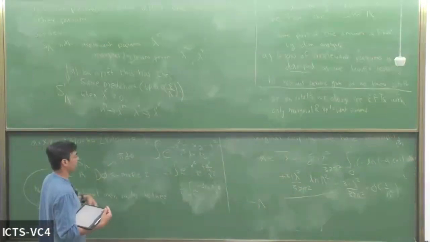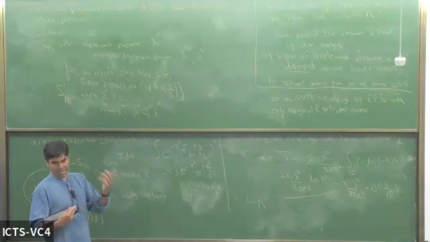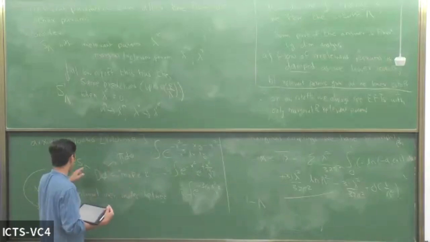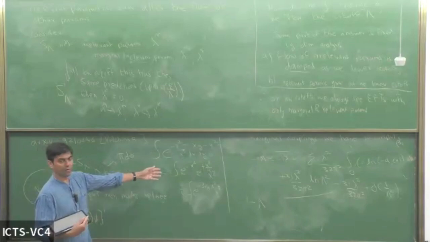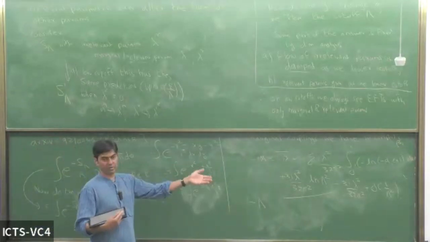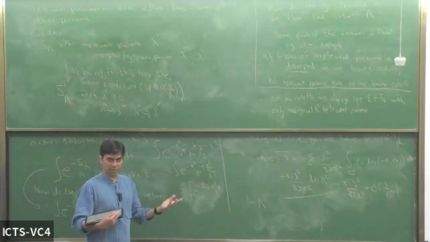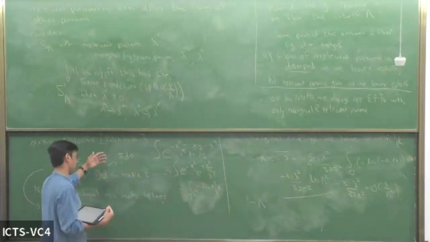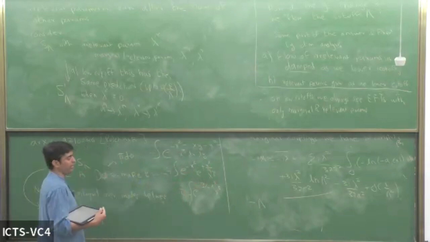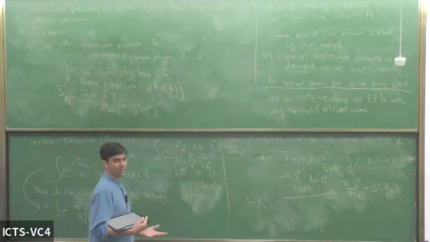But in this case, there's only one parameter we are keeping track of, which is lambda. Therefore, if you just demand that one quantity should stay constant, which is what we are doing here, you can guess how that parameter changes. As I said, that's not the thing you should do in general. You might have more parameters, and you might have to write down beta functions for other things as well. But here there's only one parameter. That's the only thing you want to see.